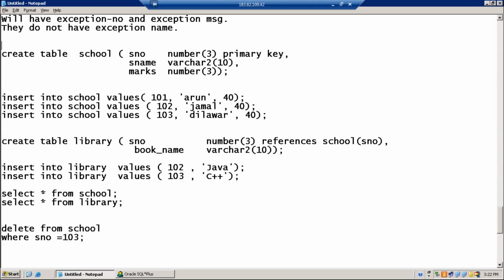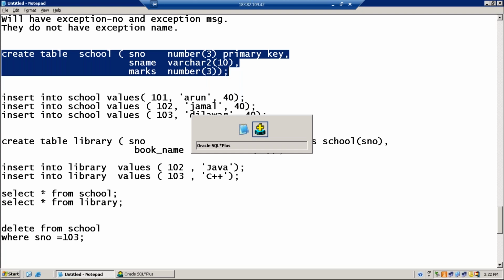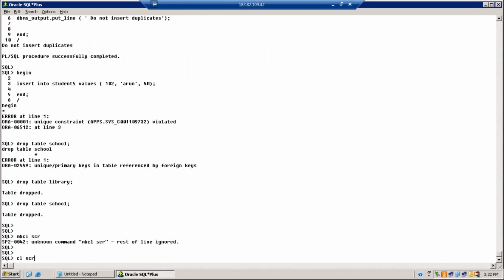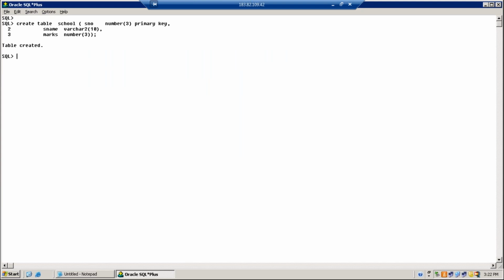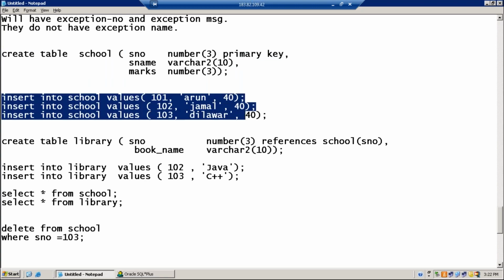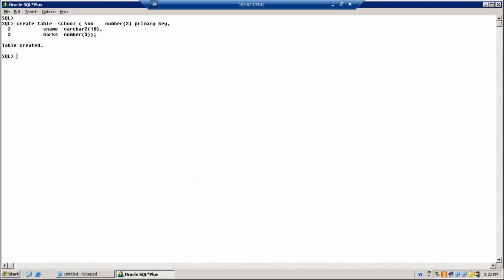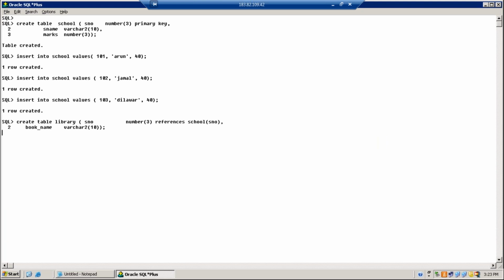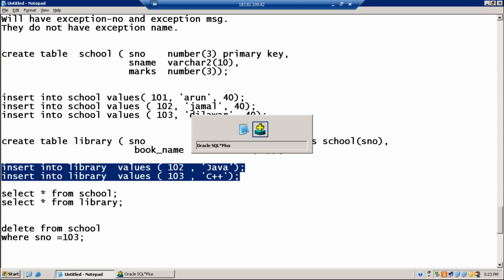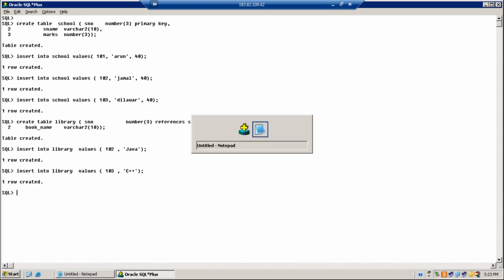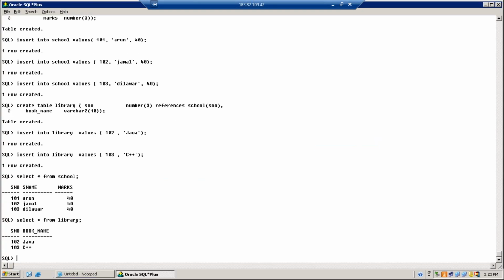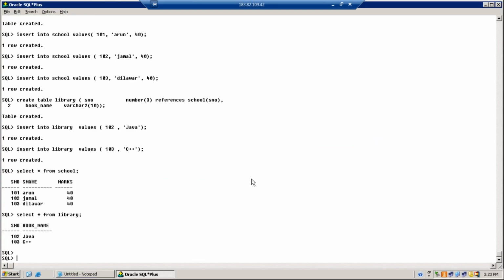Step 1, creating the parent table, inserting 3 rows. Step 2, creating the child table, inserting 2 rows. The first table has 3 rows, the second table has 2 rows. The first table is a parent table, the second table is a child table.